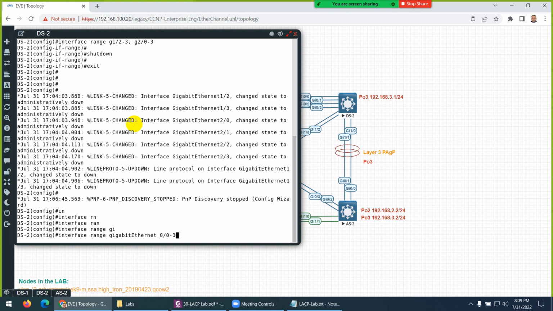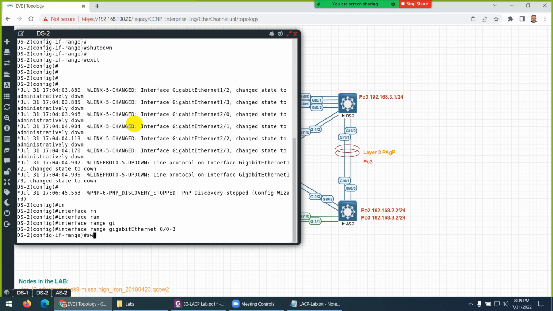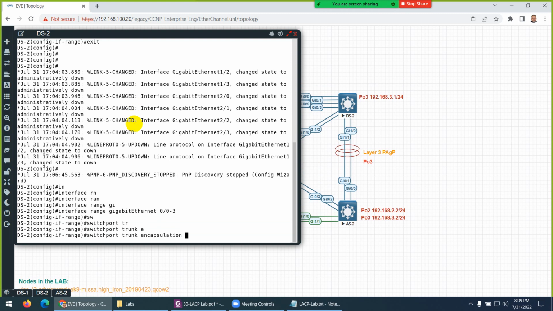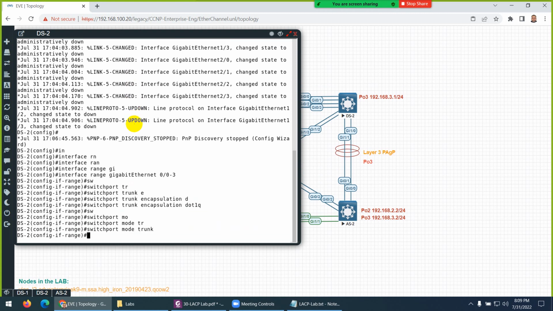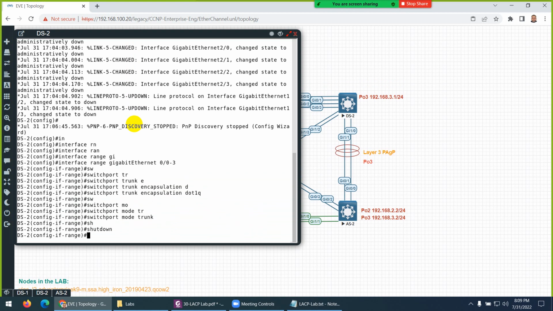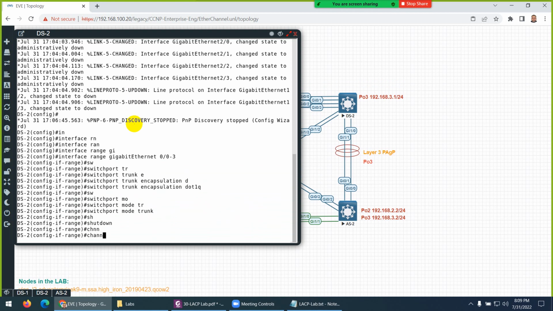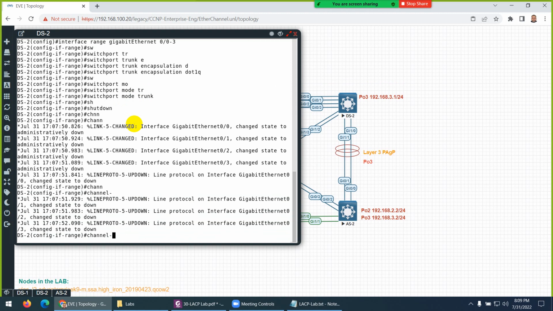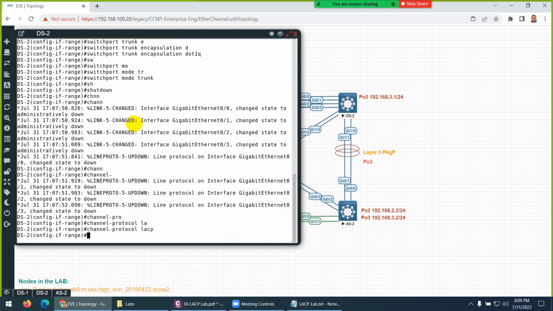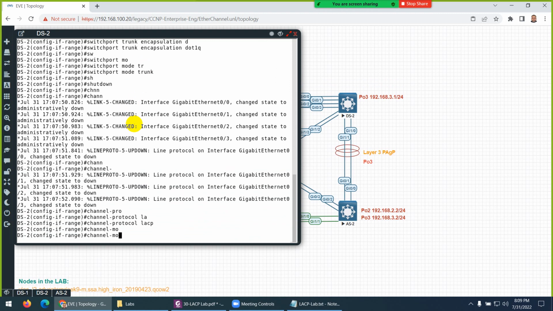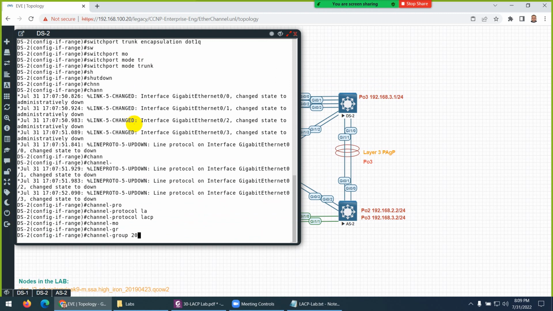All 4 interfaces I choose, and then the next thing is switchport trunk encapsulation dot1q, switchport mode trunk, and then shutting down the interfaces is better, and then channel protocol LACP. It has to be the same protocol on both sides, and then channel group, and it should be 20. You can keep different, but it's better to do the same 20, and mode